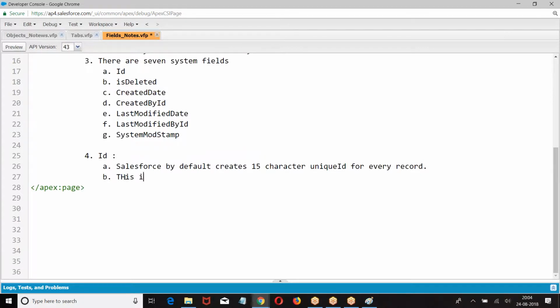This is like a primary key. Salesforce recognizes a record based on this ID.